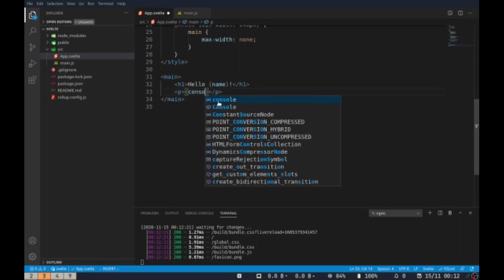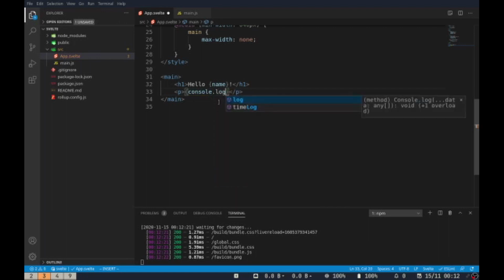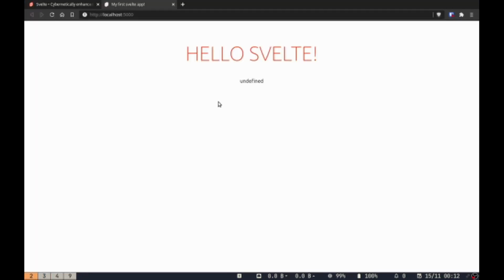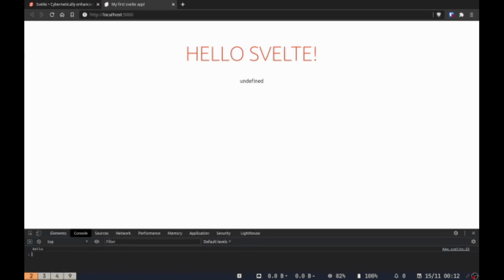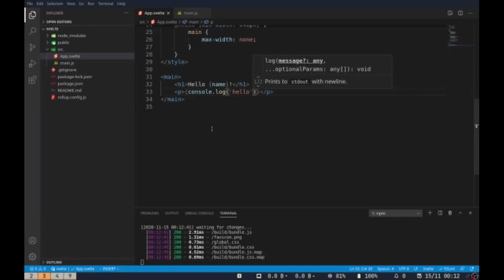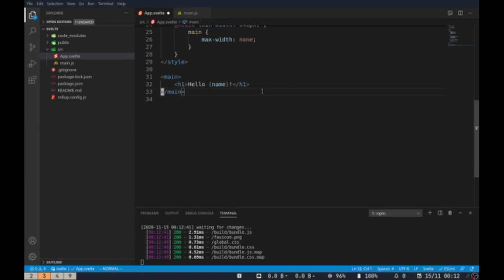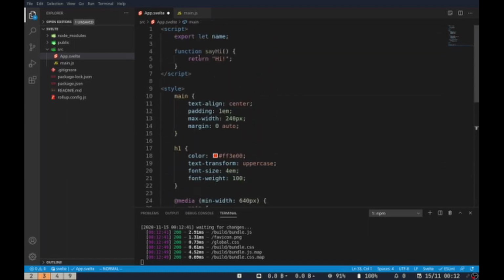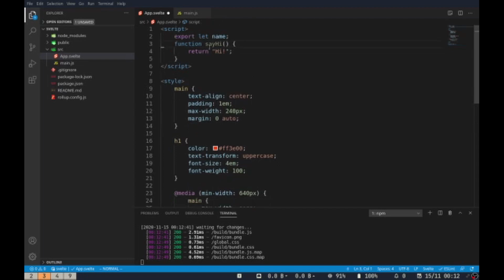Now if I type something like console dot log hello, you can see that it says undefined. So and if we look in the console, so let me just open that up, you can see we have hello down here. So if it doesn't return a value, it will return undefined. Unlike, I think React errors out if you do something like this. So Svelte doesn't do that. Svelte is really good. Anyway,